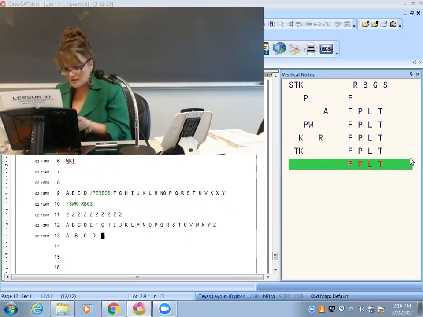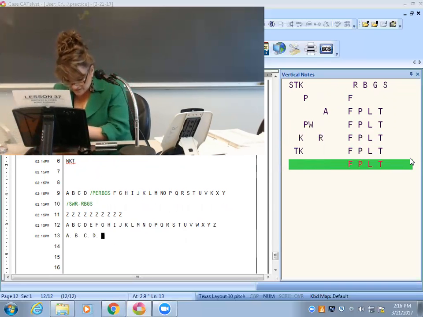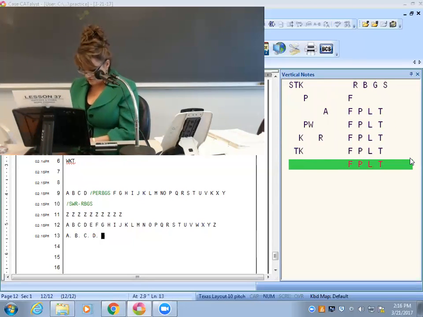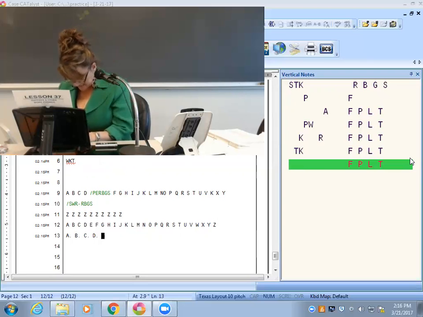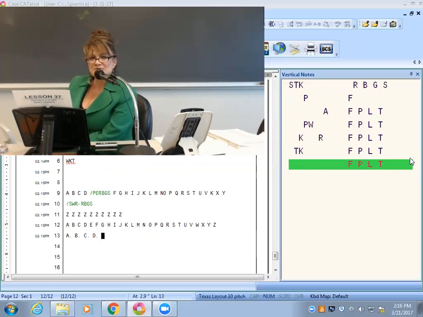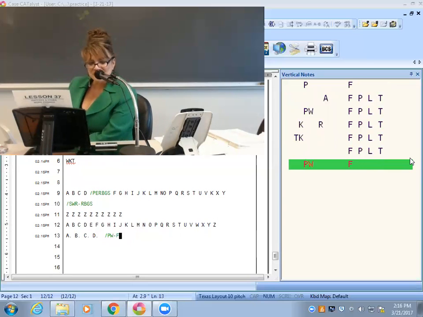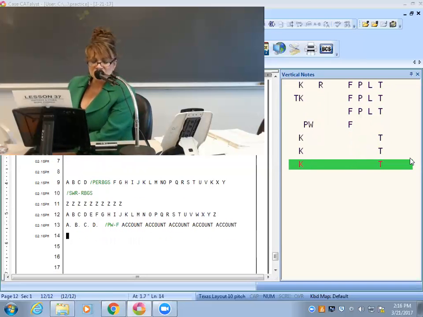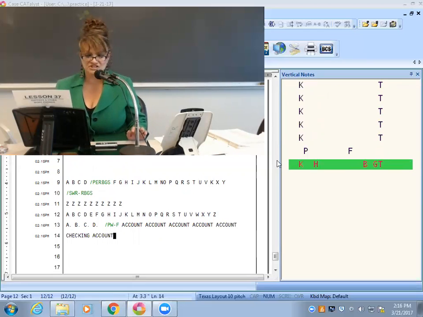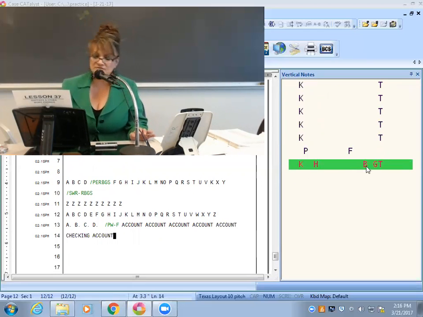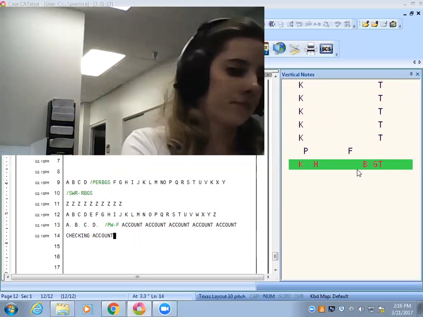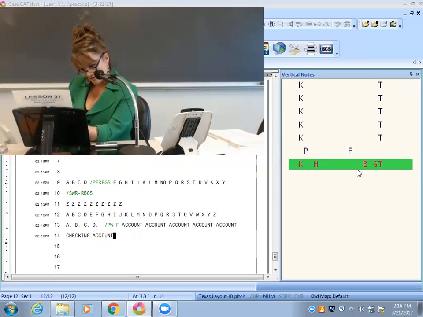Okay, and so how long comes out? You have account. Do you know how to write account, Jen? KT? KT, good. And I just remembered another brief today, so let me give it to you. Account is KT, checking account is KHKT. KH for the check part, KT for the account part. And it just helps to know these early on.